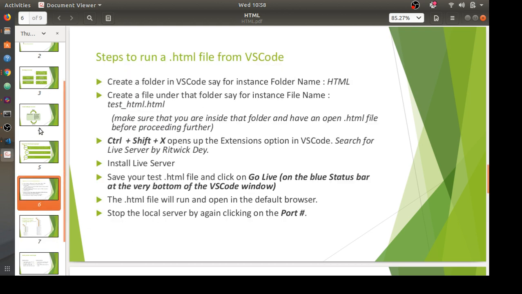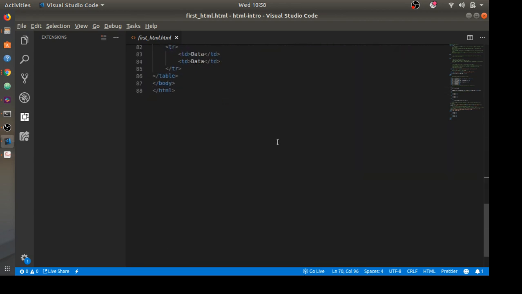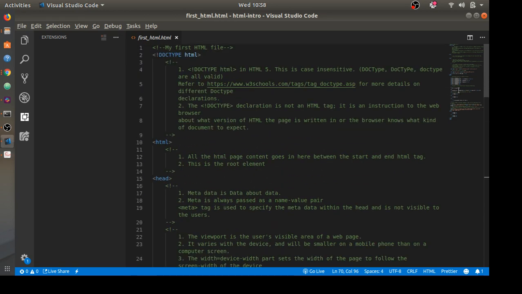All right, now I'm assuming all of us have the live server ready. So what we'll do is we'll come back to this. Okay, now there is this folder called HTML intro and first HTML. Now, is this visible to everyone? Okay, so